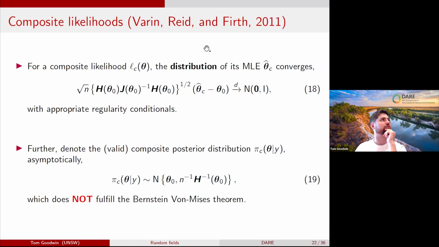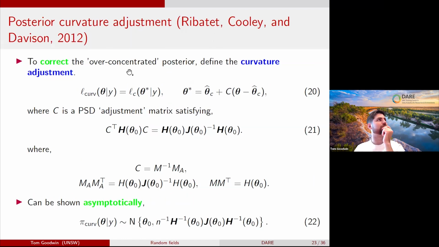And the idea from this paper is that even though the MLE has the variance of this sandwich estimator, the curvature of the posterior does not. So essentially what we're saying is that the posterior itself is overconcentrated, but the variance of its MLEs is not. What this paper does is correct for this overconcentration by using a so-called curvature adjustment. We don't have to go through the specific details, but the idea is that